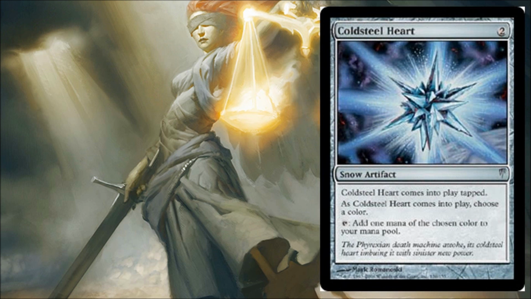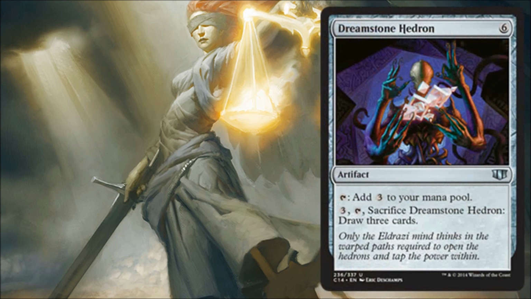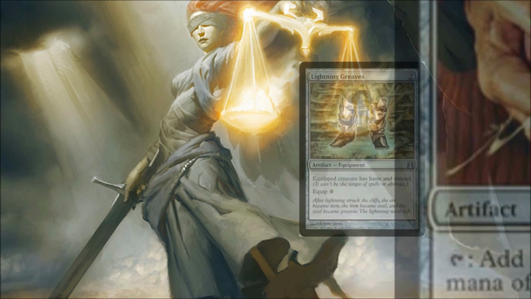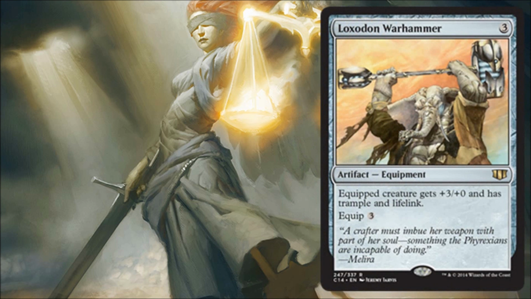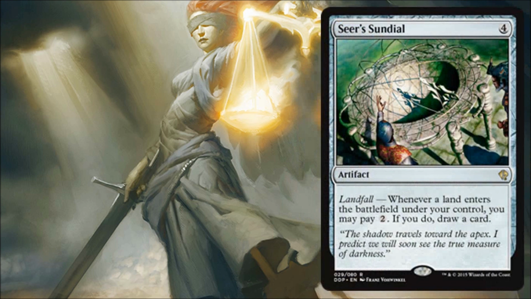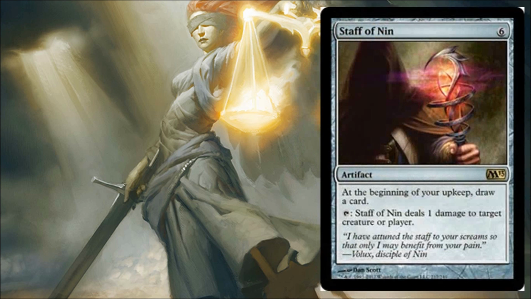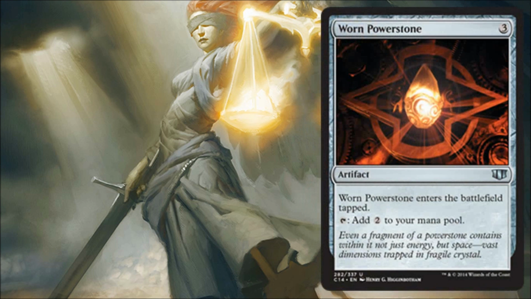Cold Steel Heart, Darksteel Ingot, Dreamstone Hedron, Fellwar Stone, Lightning Greaves, Loxodon Warhammer, Mindstone, Seer's Sundial, Soul Ring, Staff of Nin, Urza's Incubator, which hasn't been reprinted in a very long time, actually never been reprinted, Worn Powerstone,